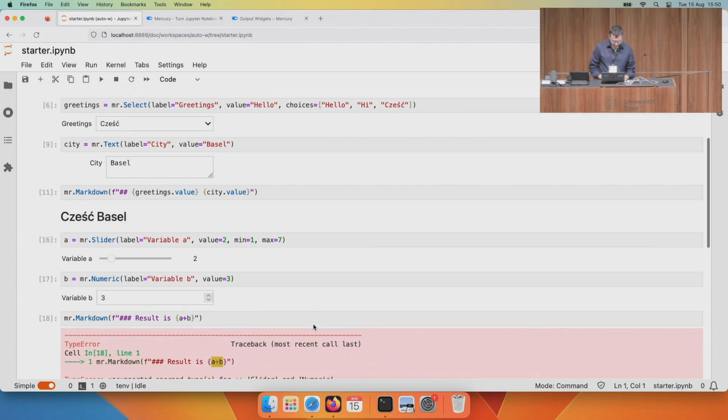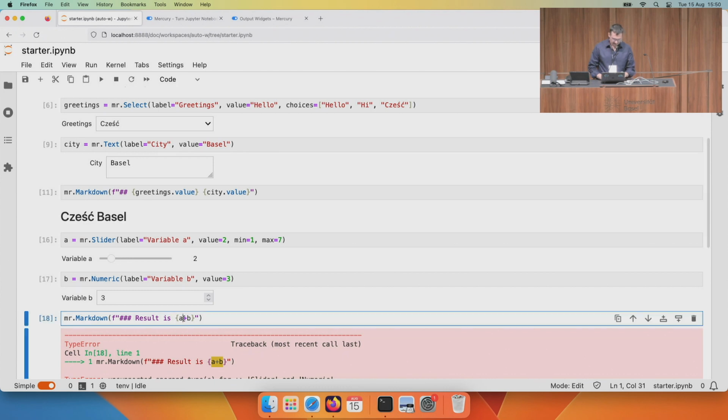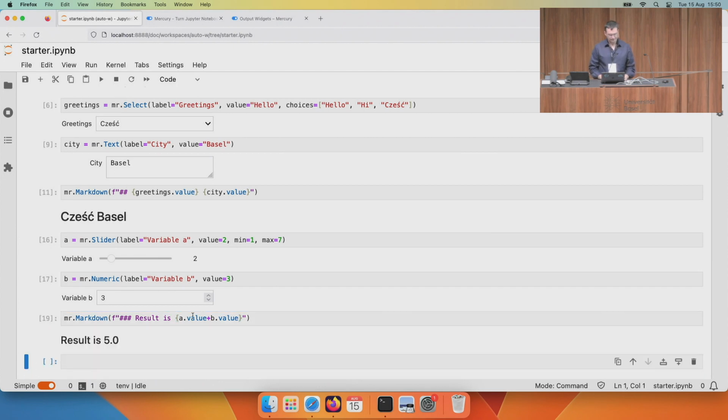Okay, we have the error because the A is a widget, so we need to add that value and that value. 5. Okay, and we can update the widget in the notebook, but there will be no change in other